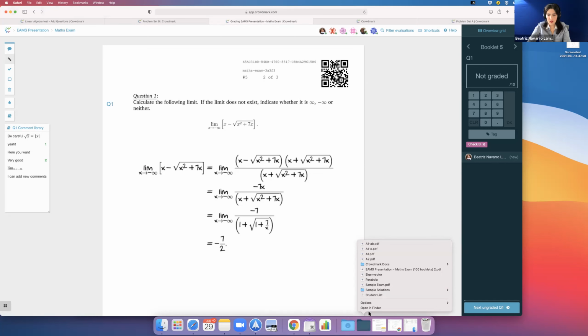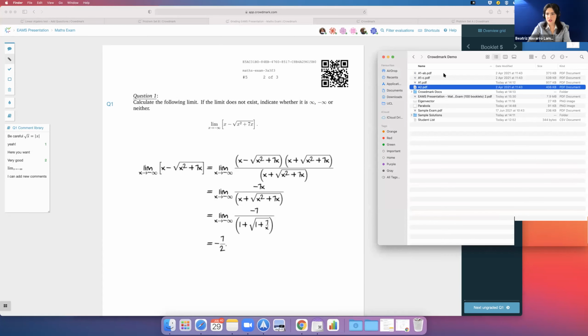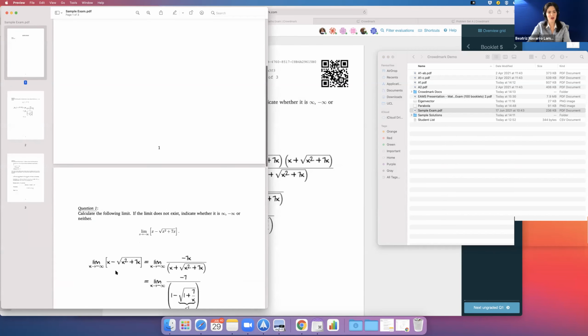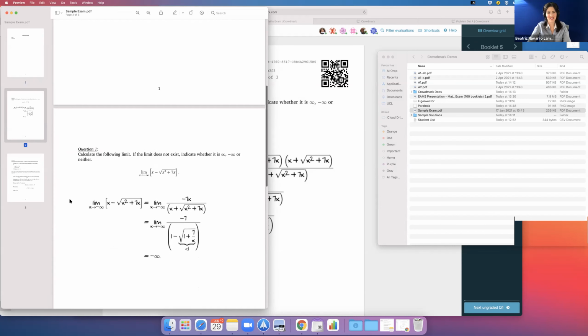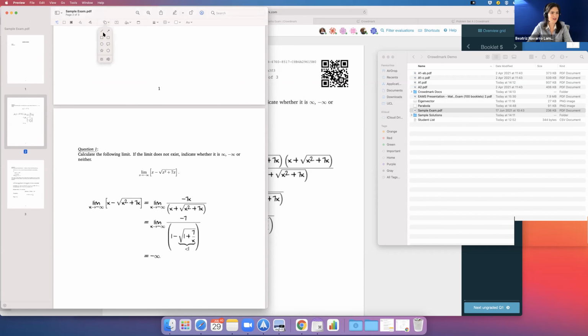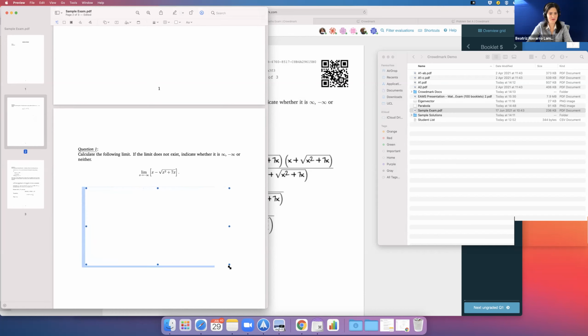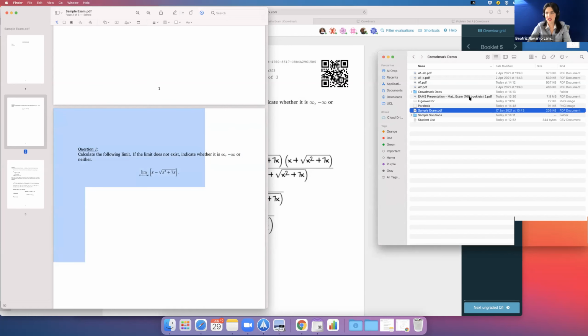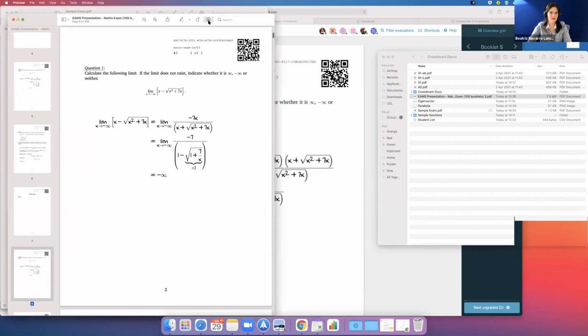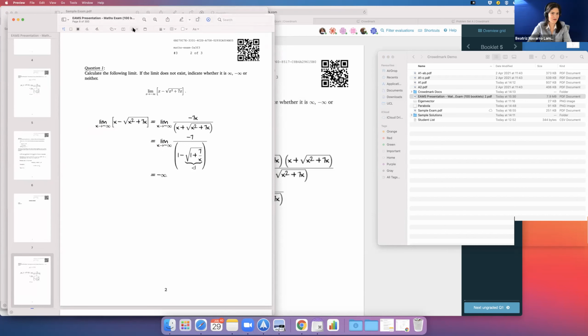I have one over here. So this one, for example, I started with this. Forget the questions. I just did it so you could see lots of answers, but forget the answers. It should not have answers here. So, these are my questions. I have it like this. So this is the file that you upload to CrowdMark. And then you get these again. The answers should not be there. That was kind of my way of cheating to give you lots of booklets.